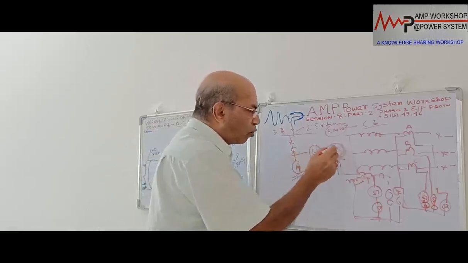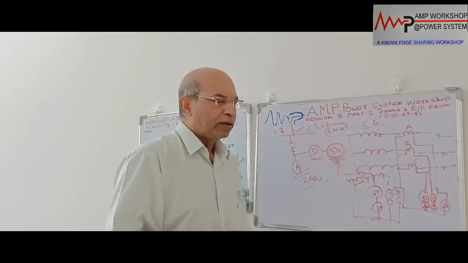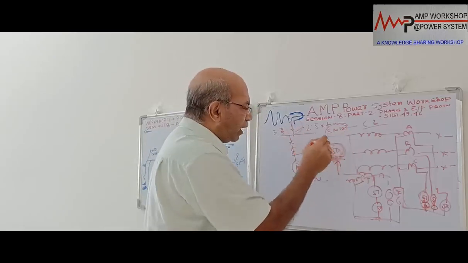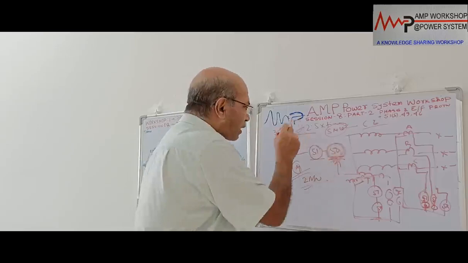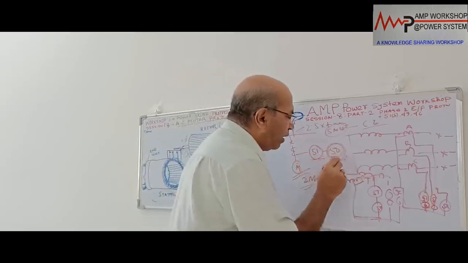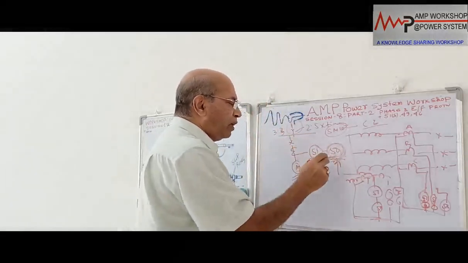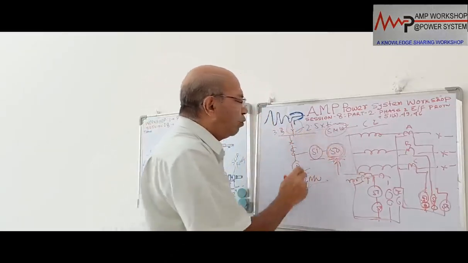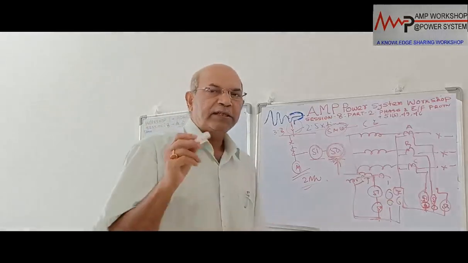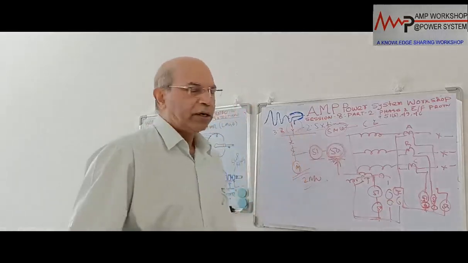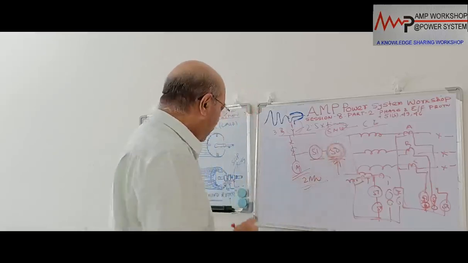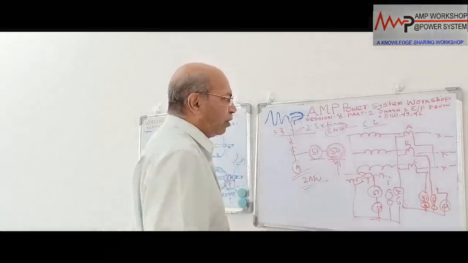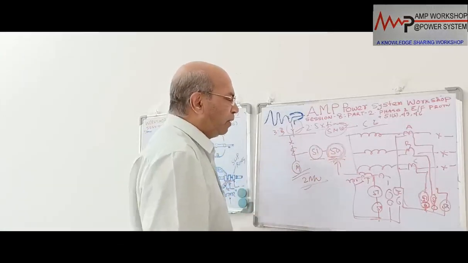In that case, this motor overcurrent setting must be more than 6 times. If we put the setting more than 6 times, then that amount of fault current should flow through the system. If the system has no adequate capacity, then 50 may not operate. That's why when we want an instantaneous overcurrent relay, we have to make sure the system has enough capacity to give a fault current of at least 10 times the motor full load current. Then only the 50 relay will operate. Now, these are the overcurrent protections we provide for the motor. It is phase overcurrent protection we provide by these two relays, 50 and 51.